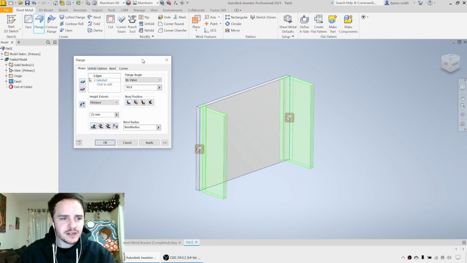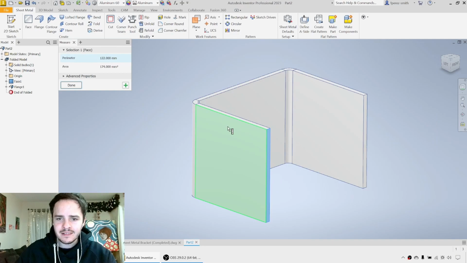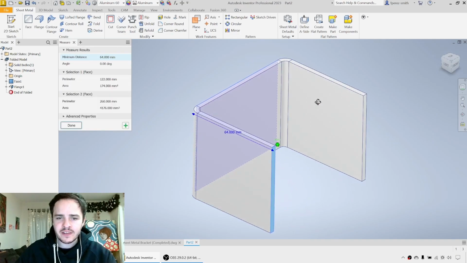Here we have the flange creation dialog. We can do things such as changing the direction of the flange, or changing the position where the bend takes place. But in this, we are just going to change the distance from 25 millimeters to 64 millimeters. And click OK. Using our measuring tool, by hitting M, we can measure the distance from the front here to the back. And we can see that the total distance is the 64 millimeters that we